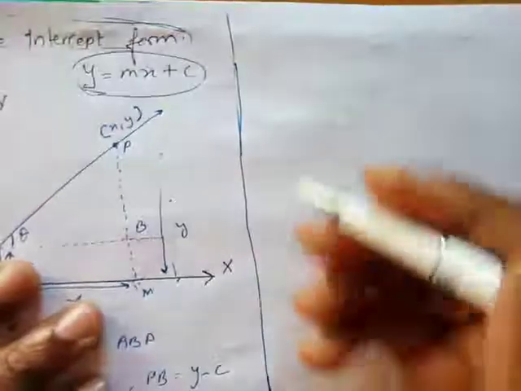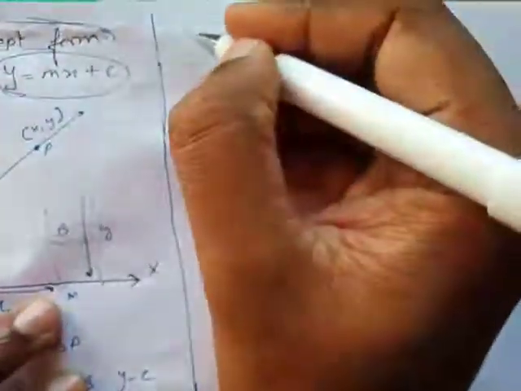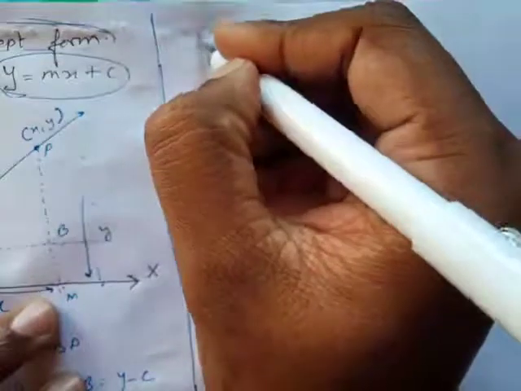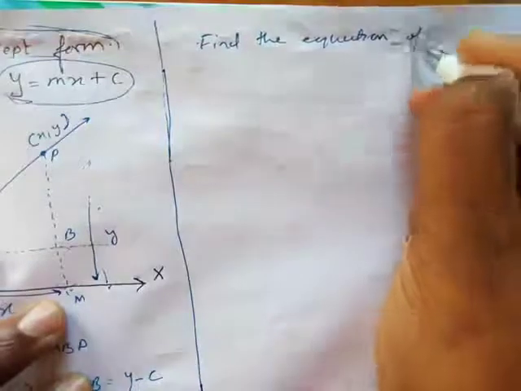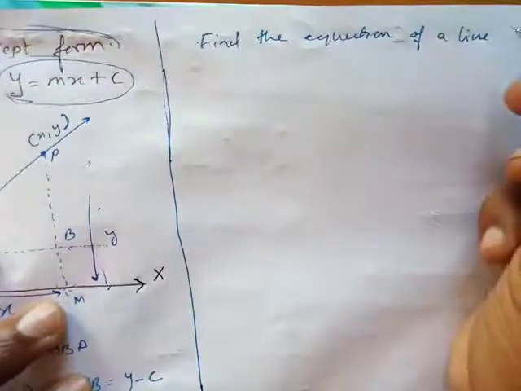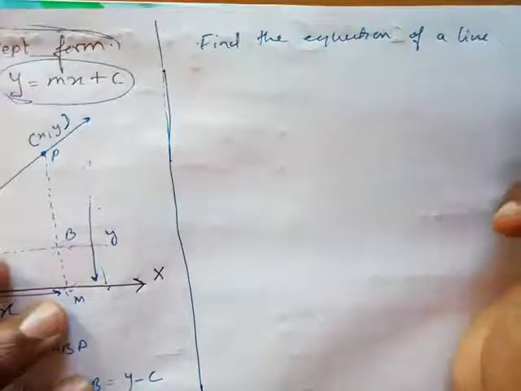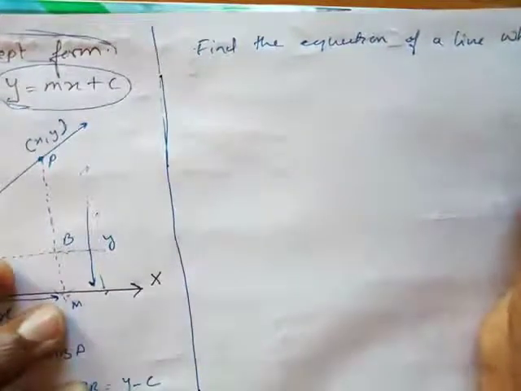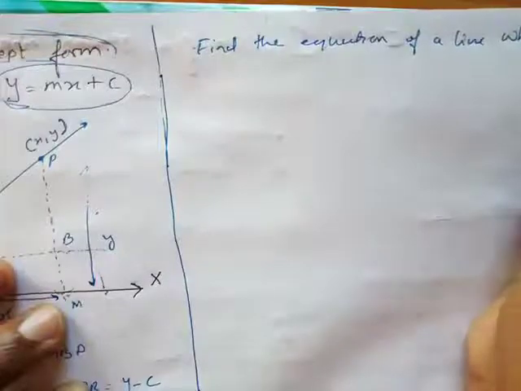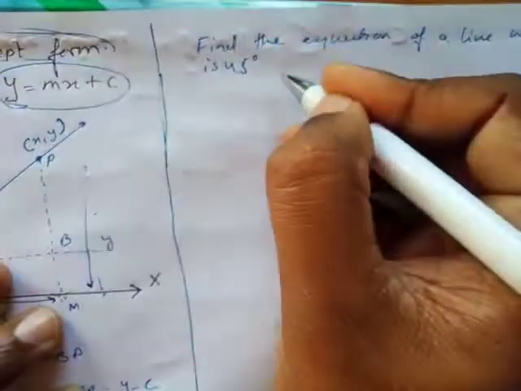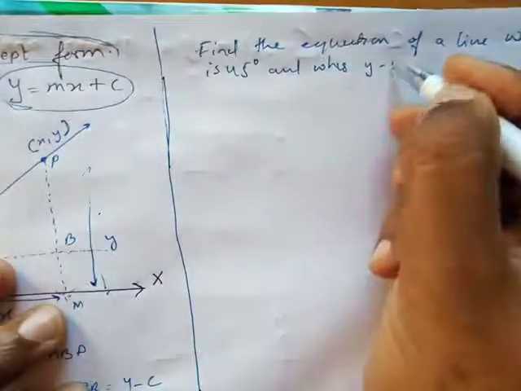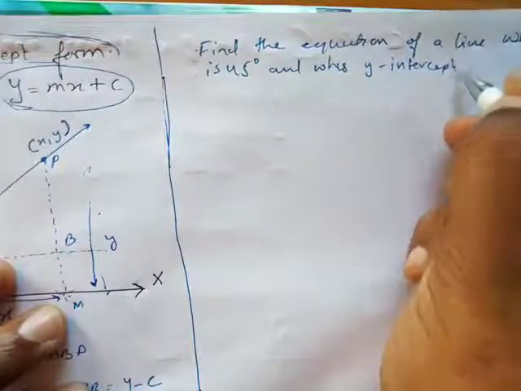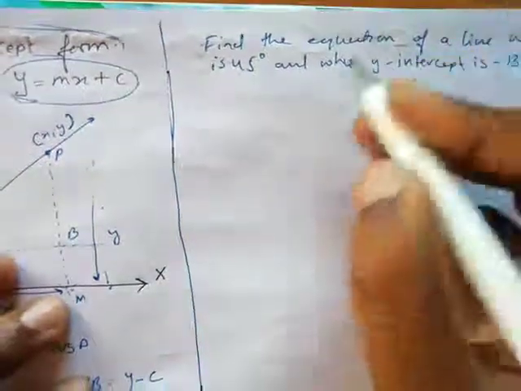Okay, let's have a look कि इसका ये formula use कब होगा. Okay, we'll just have a look. So there's one question in the examples, that is example number 3. The question is, find the equation of a straight line whose inclination is 45 and whose y-intercept is -3. So they have given me two things.